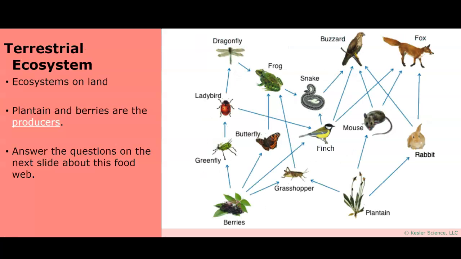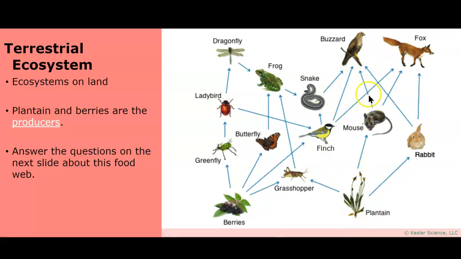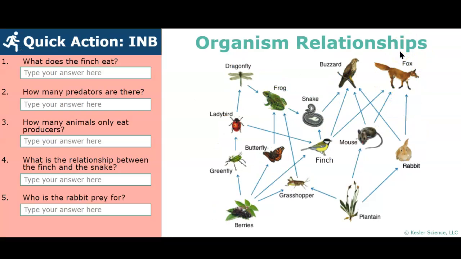A terrestrial ecosystem. This is an ecosystem that's on land. So you can see the producers, berries, plantain, and take a look at the buzzard. Look at how many different things the buzzard eats, or the fox. And you're going to answer these questions based on this